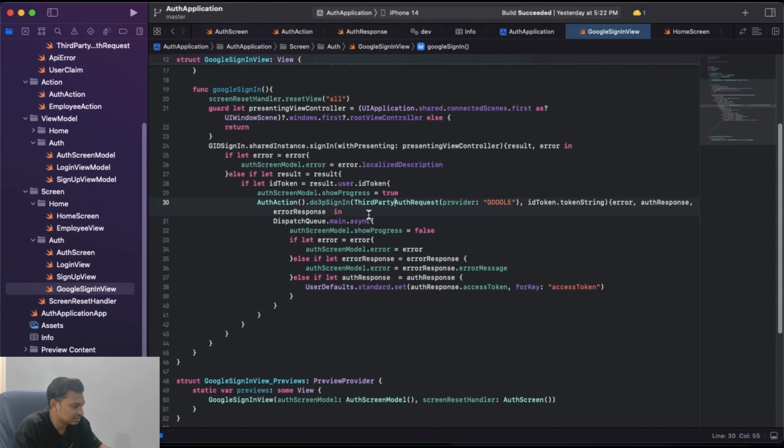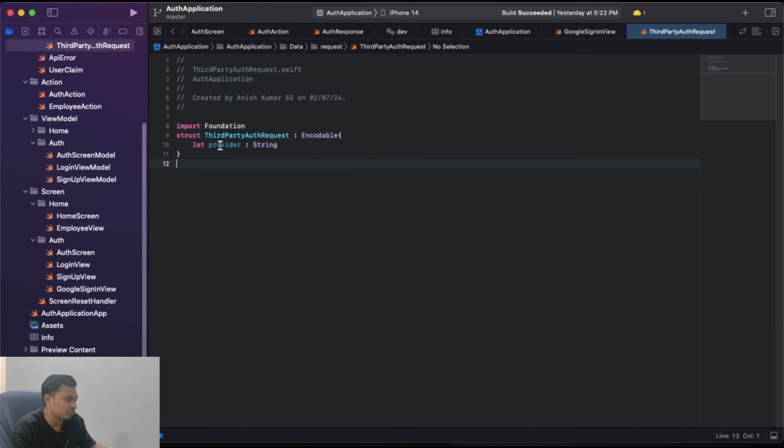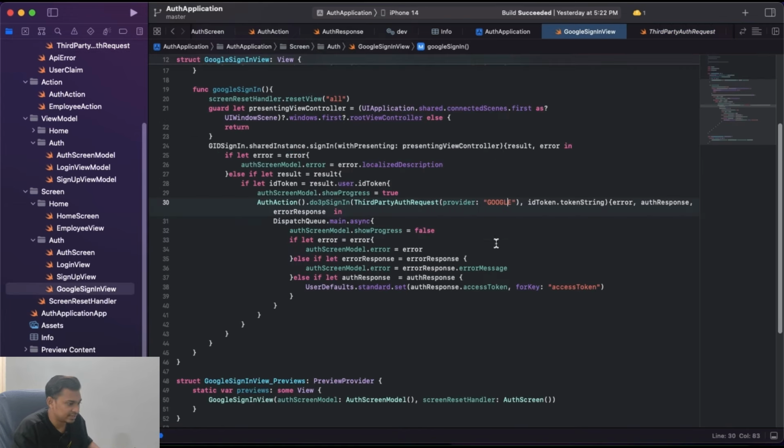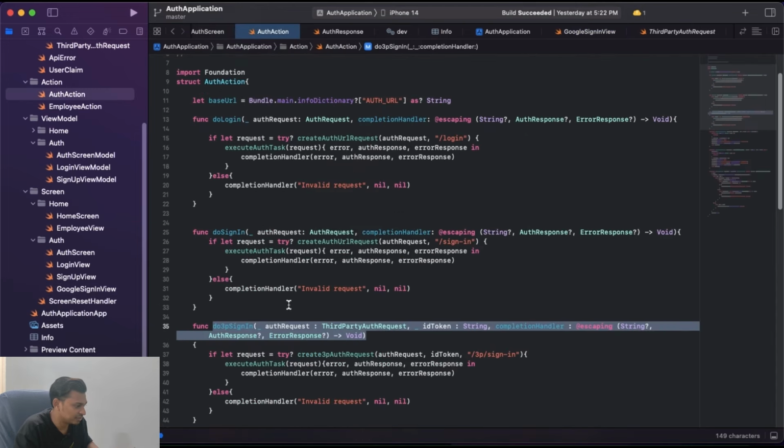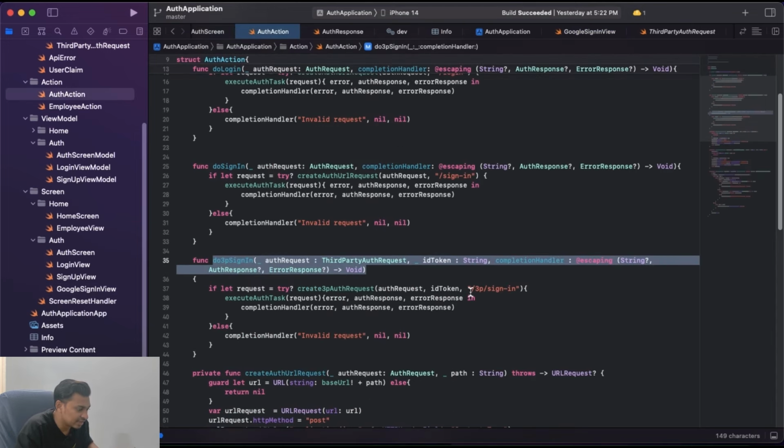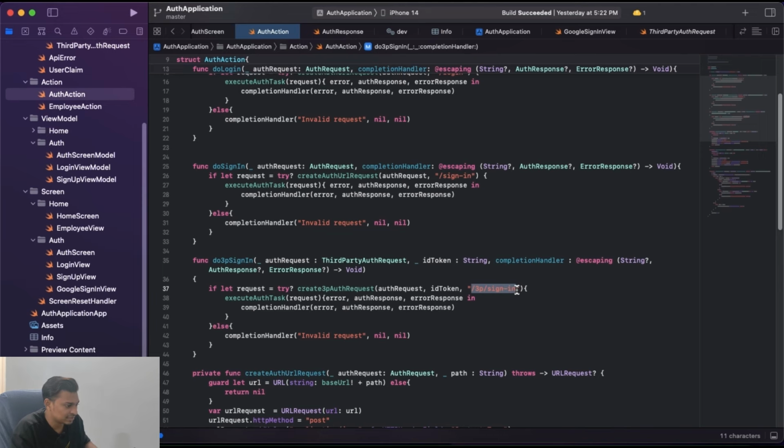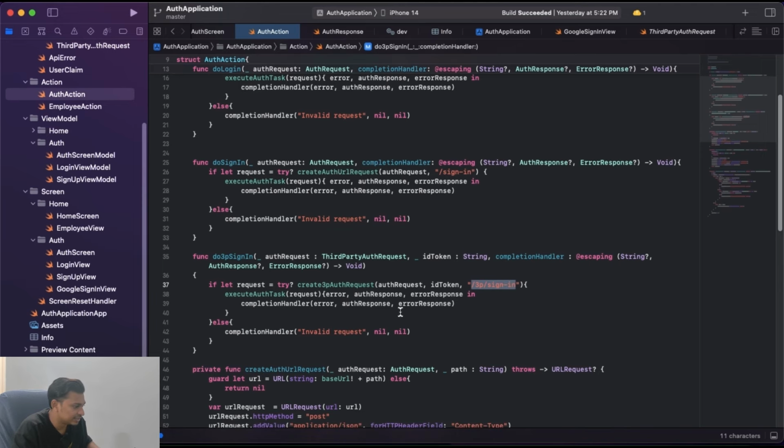the request is like this one, the third party auth request. It will contain a string called provider. For that provider we pass Google, and the token is set as a bearer token in our request. So I can show you here. If you come to the third party sign in, the API is in this path, 3p sign in, and